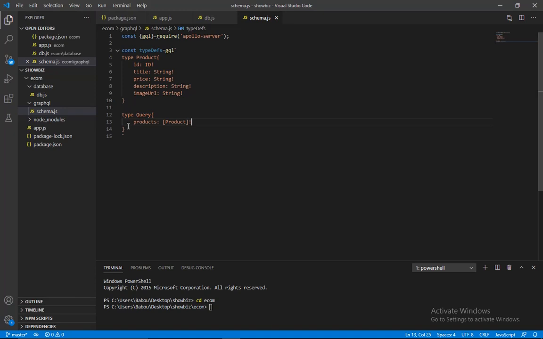And then we're going to have our mutation type, and in our mutation I'm going to have a create product